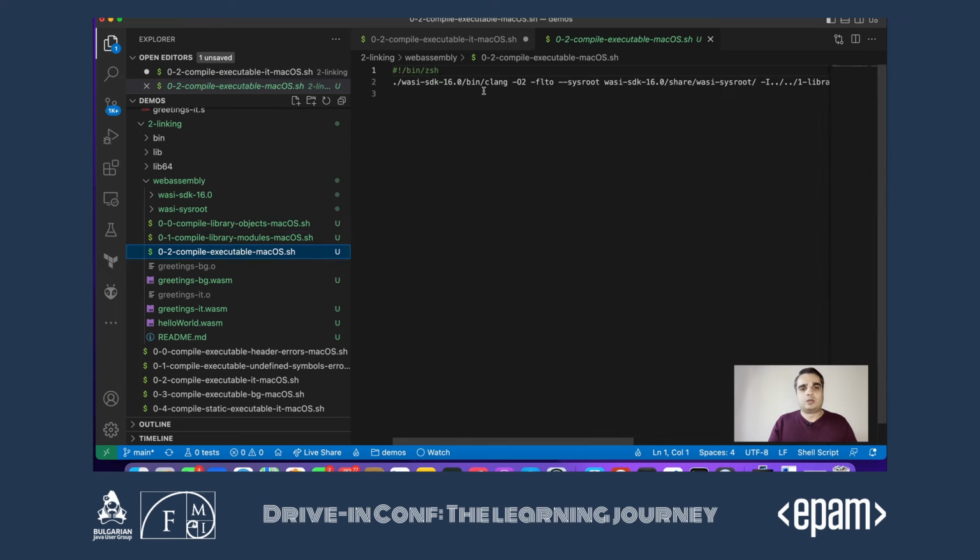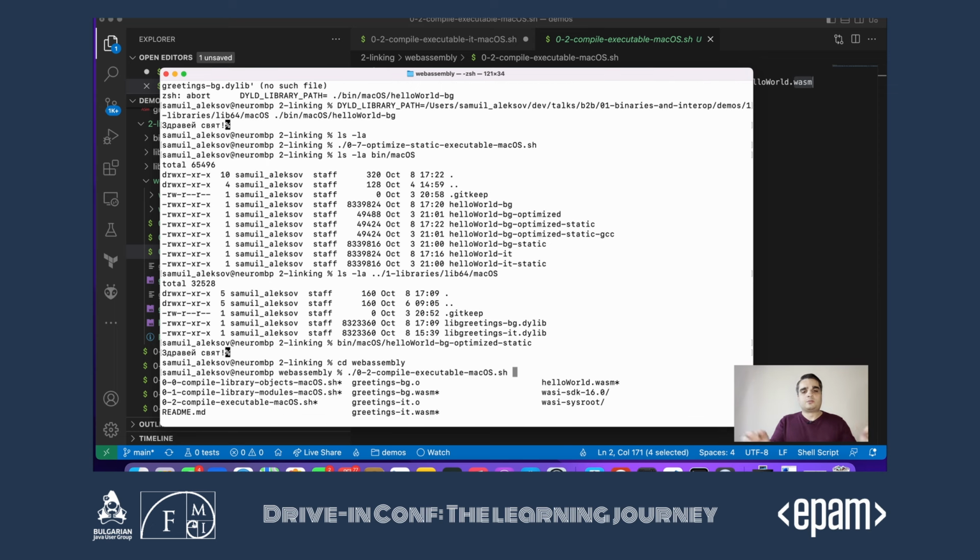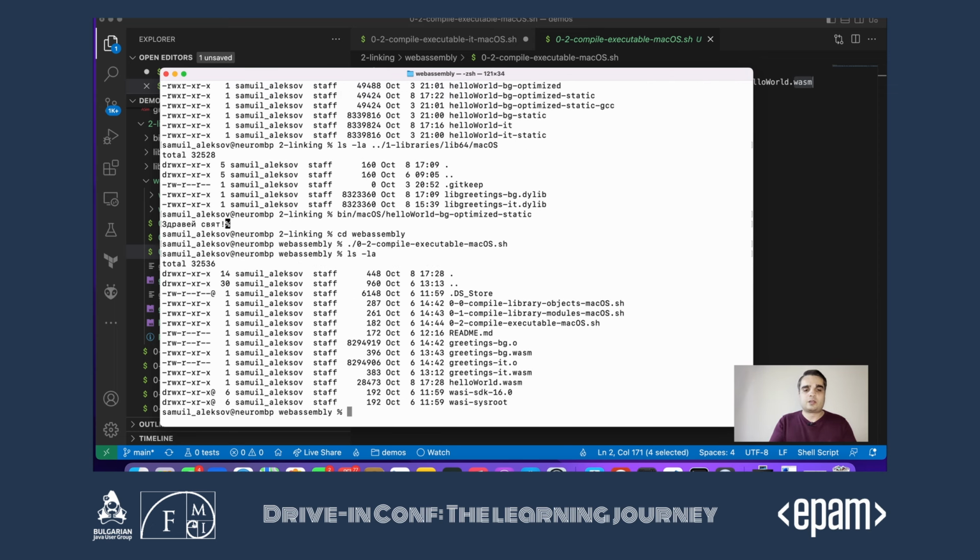And we can also do an executable. So optimize, link time optimizations, pretty much the same flags that we use, but this time the output is .wasm. And if we run that, by the way, I'm just running this again to make sure that something didn't change in the meantime, but you'll see that I've run them in the past. So now we have our hello world wasm that was optimized. All the garbage was removed also from the greetings BG and greetings ET